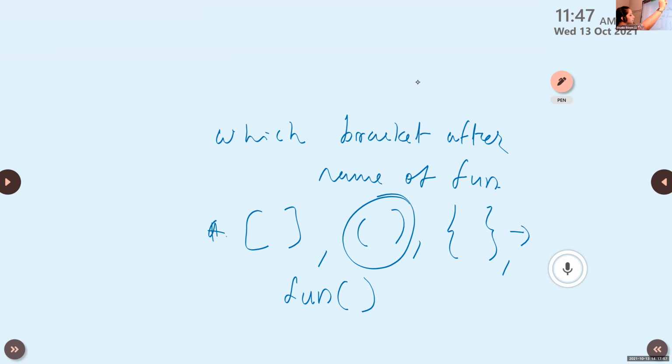Read the question. Another question. The keyword that is used to make a variable global. Option A, global. Option B, def. Option C, none of this. Which is the answer, Gauri? Global.